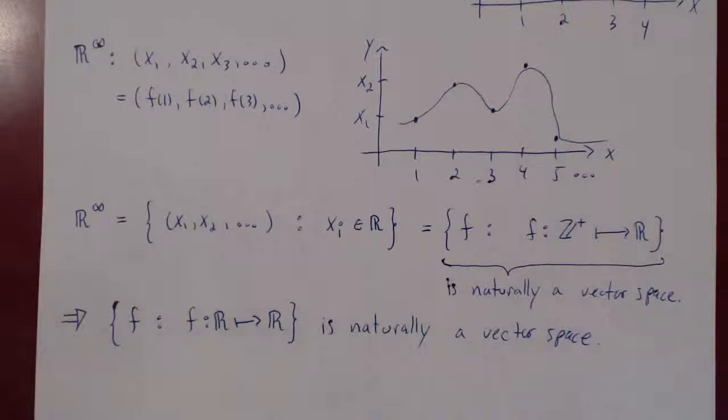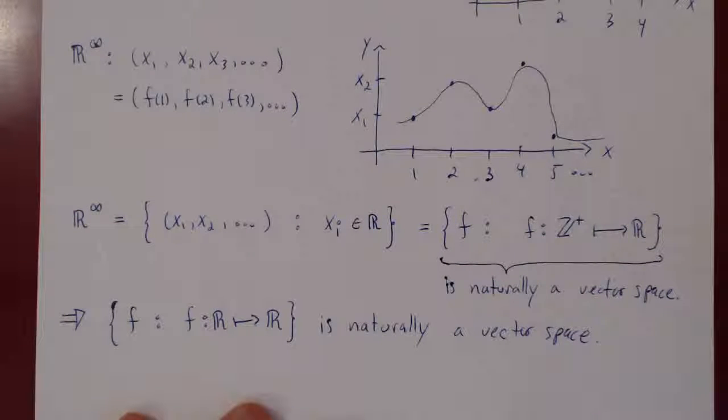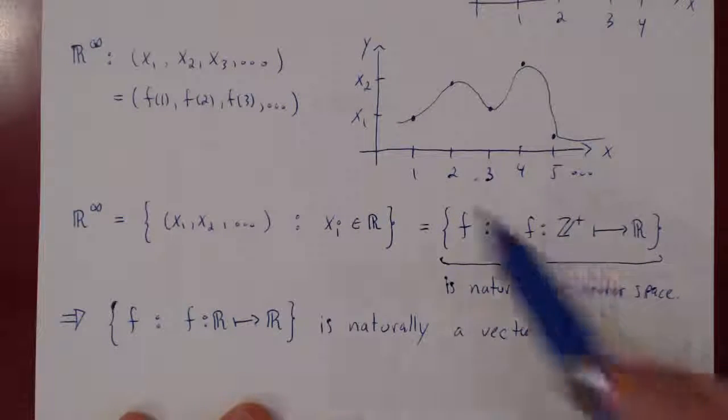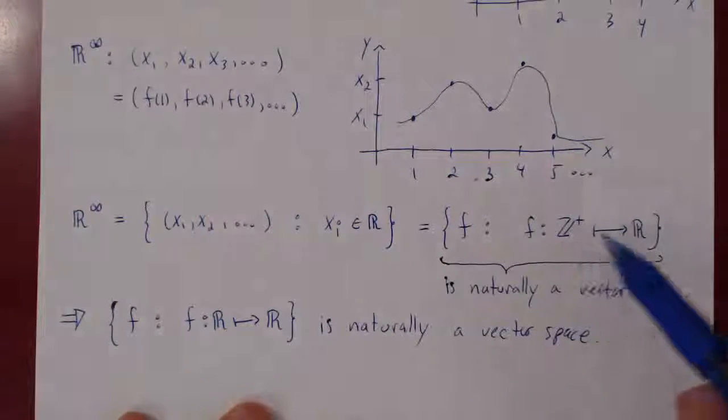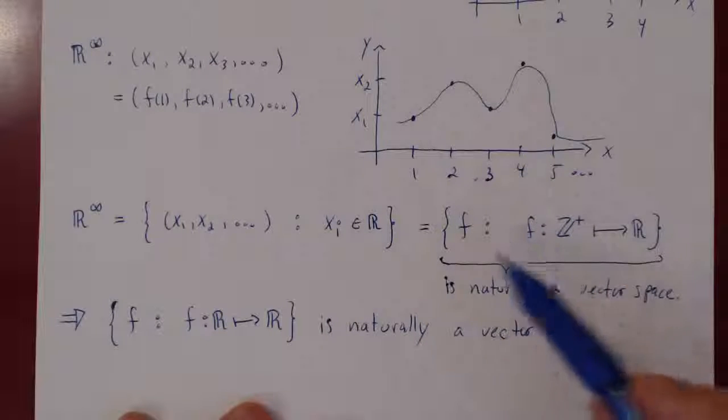So hopefully now the idea of thinking of functions defined on the real numbers to the real numbers, thinking of these as vectors, is more natural, right? We no longer think of it as, okay, because functions satisfy all of our 10 axioms, they form a vector space and we can think of them as vectors. That was not so intuitive, but hopefully with this argument you can now see that quite naturally, because all functions from the positive integers to the reals are simply vectors with an infinite number of components, it is not much of a stretch to look at the continuous extension of these vectors, of these functions,